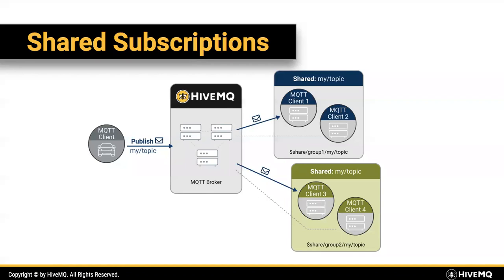What you actually want to do here is have a microservice architecture and scale out your backend application. So you make sure that each message is consumed for the same so-called shared subscription, but the broker can load balance. These services form a shared subscription, they have one logical subscription, and the broker makes sure to deliver a message to MQTT client 1, and then a message to MQTT client 2.